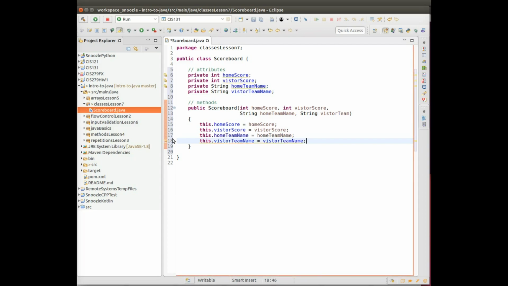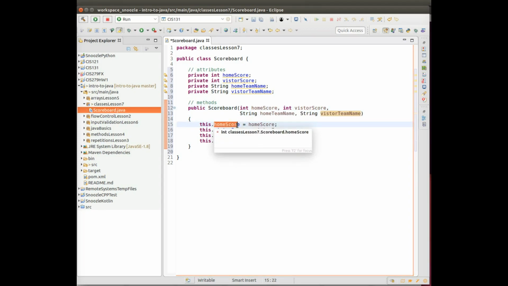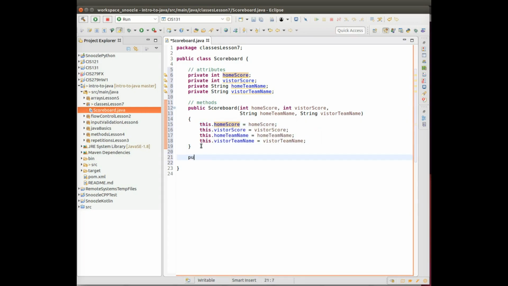And so for all intents and purposes, visitor team, I should change this to visitor team name so it lines up. And notice how, to help you out, Eclipse shows parameters in a light brown color, and then attribute values are blue. So I've made a basic constructor, and I also want to make an empty constructor, a constructor that basically assigns generic values. So I'm going to do public